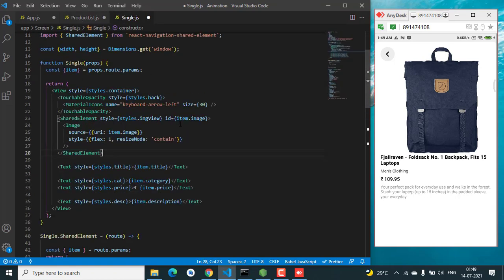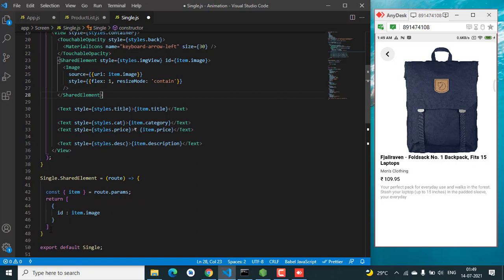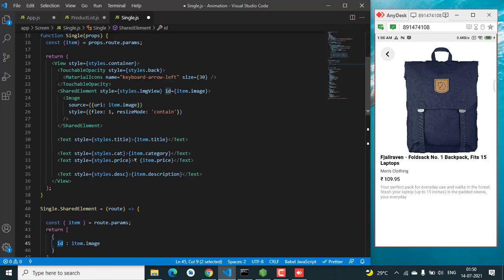We tell the shared element to continue the transition with this particular ID, and it will look for the ID, find this one, and complete the transition from that screen to this screen.